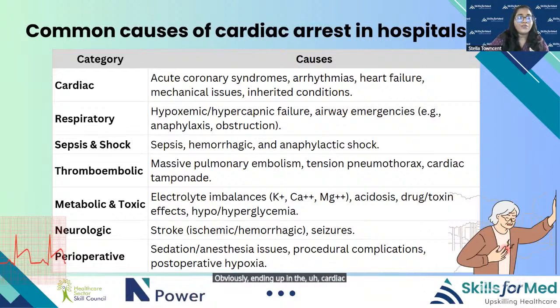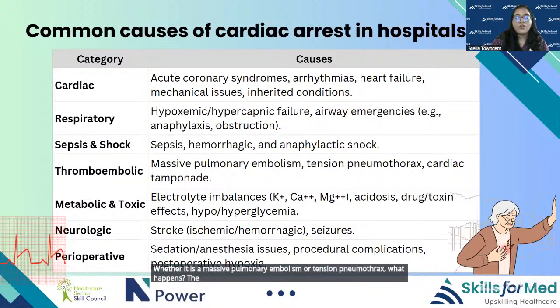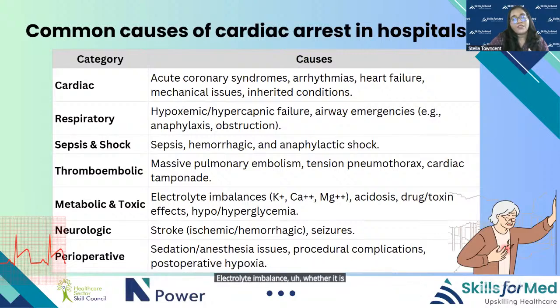And also a patient with a thromboembolic status, whether it is a massive pulmonary embolism or tension pneumothorax. What happens? The patient's heart will not be able to beat against the blocked pathway. And when it comes to metabolic and toxic electrolyte imbalance, whether it is potassium, calcium, or magnesium, even the